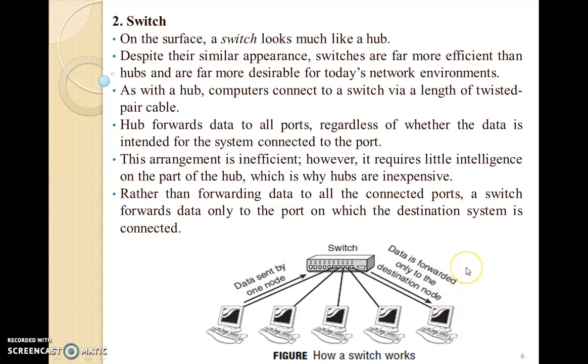That is why switches are more popular and more intelligent than hubs, because a switch not just unicasts data, but also performs the task of traffic management and data management in a very good manner as compared to a hub, and that is why to form a LAN, as compared to hubs, switches are preferred now.